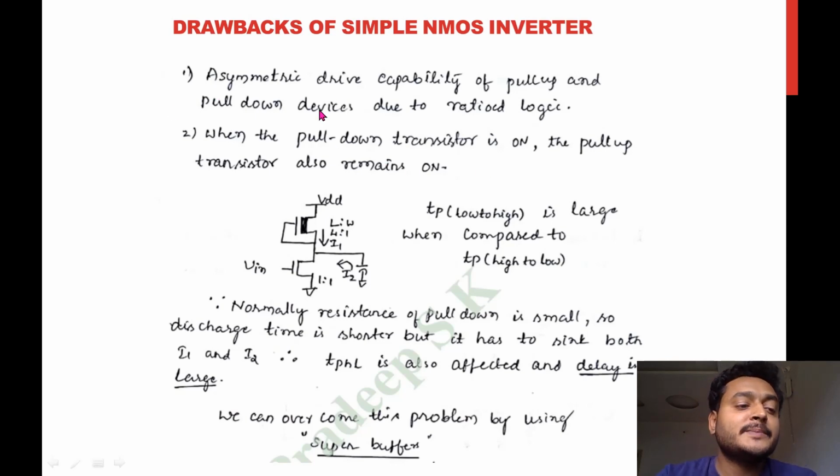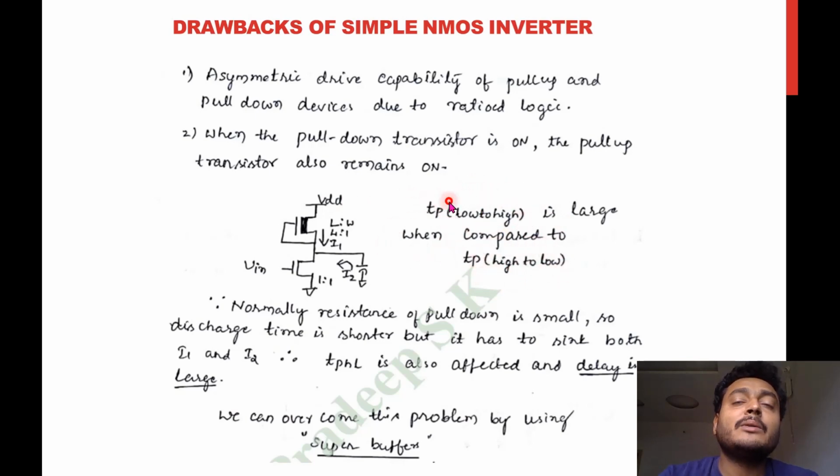Because if you see this, you'll come to know why we go for other advantageous circuits or super buffers. When you go for a simple NMOS inverter, this will be your NMOS inverter. Whenever we see this NMOS inverter, we see this ratio: the pull up will be 4:1 and the pull down will be 1:1. This is why we have ratioed logic. This is one ratio, this is another ratio. So this is ratioed logic, and this will have some resistance and this will have a different resistance. That gives variations in your rise time and fall time, that is, tP low to high and tP high to low.